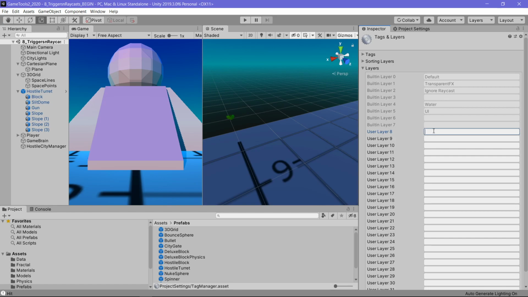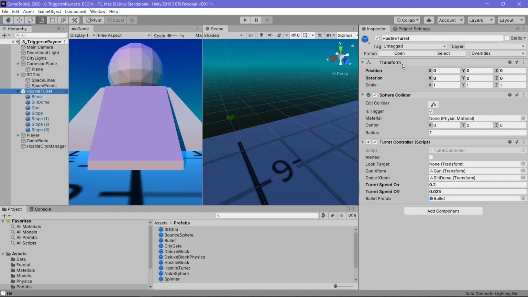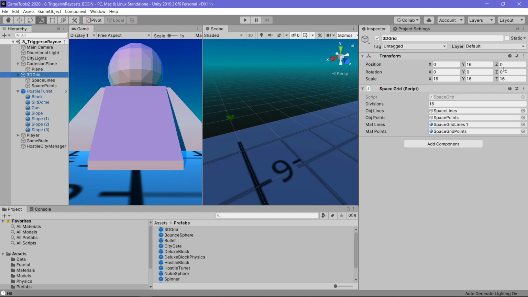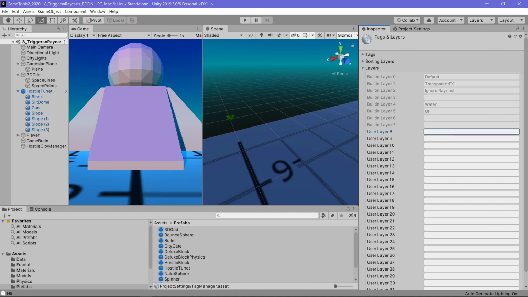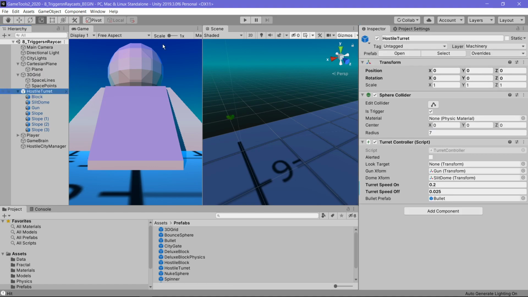So let's create a couple of layers. Just to make it clear, go to the inspector on any object at all, pull down the layer dropdown, add layer, and let's add a few. Let's add a player, let's add machinery, so that's going to be our turret. Let's add buildings, and let's add bullets. Okay. Alright, and